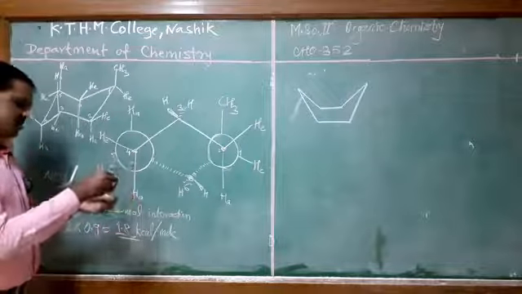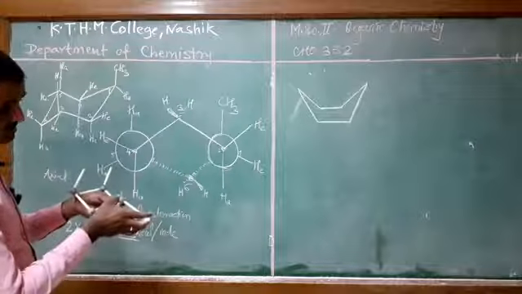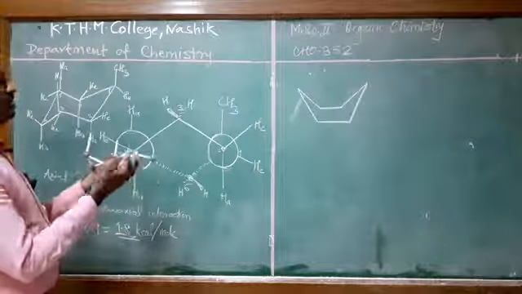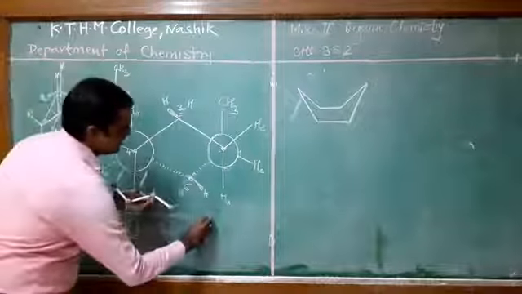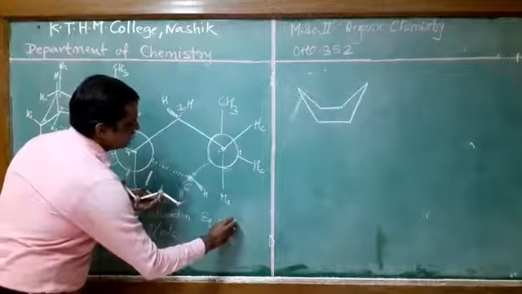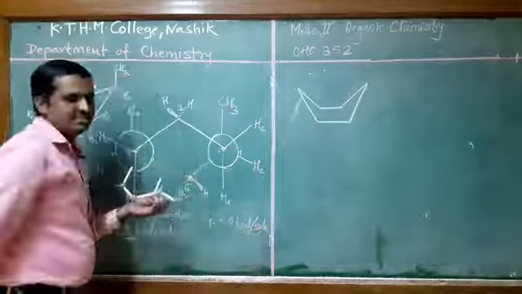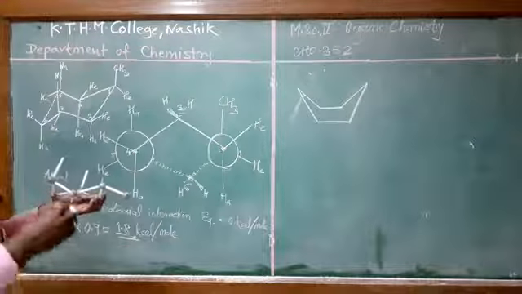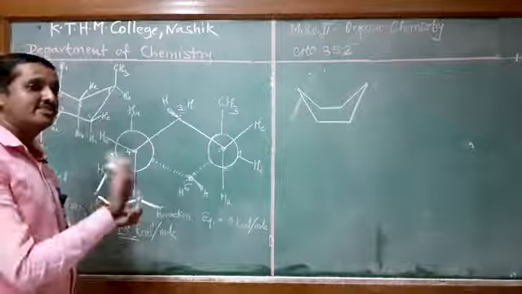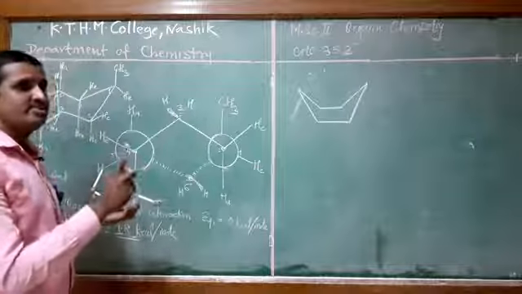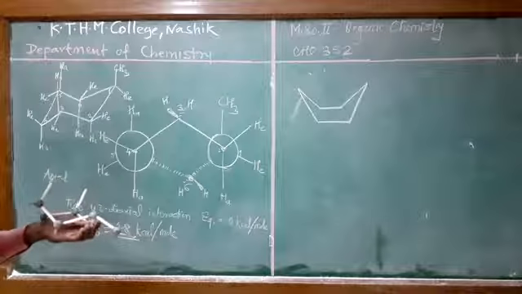And if the same substituent is kept in the downward direction, meaning at the equatorial position, there is no such 1,3 diaxial interaction. In that case, in the equatorial form, the energy content is found to be 0 kilocalorie per mole, because there is no 1,3 diaxial interaction. We can say the equatorial form is more stable than the axial form, because each axial CH3 substituent creates 1.8 kilocalorie per mole of energy, which is more unstable.